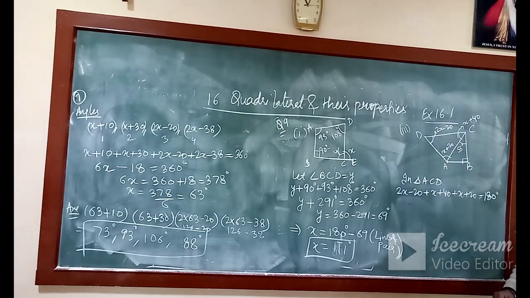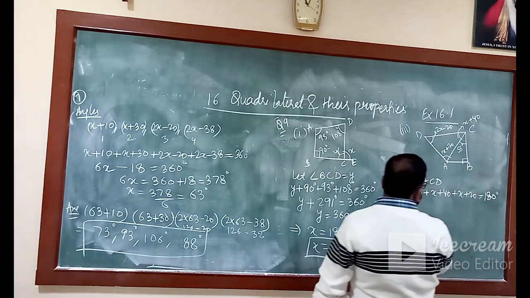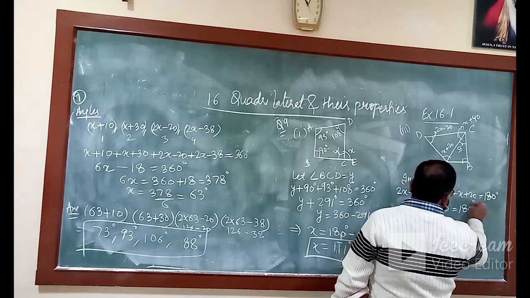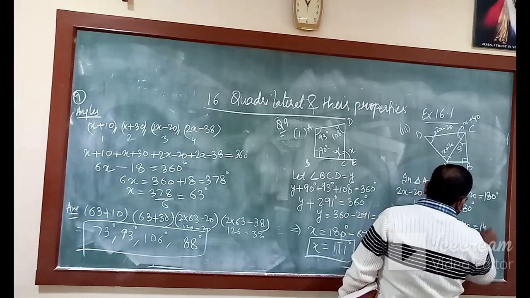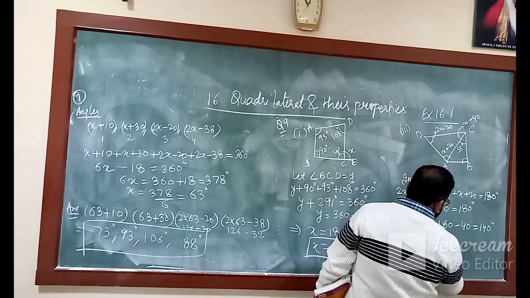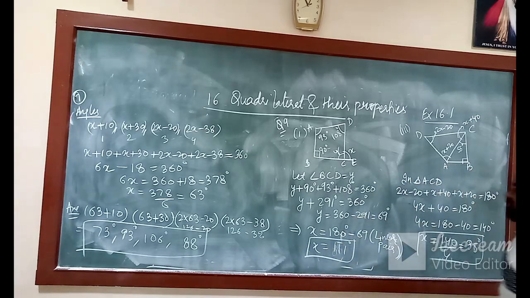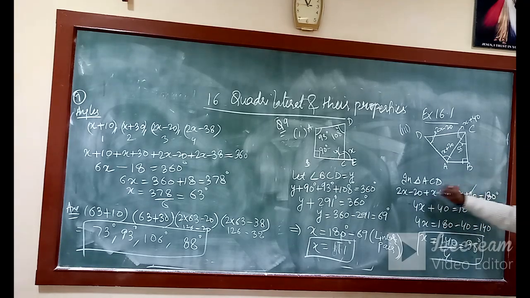And we know angle sum property of a triangle is sum of all the three angles equal to 180 degree. So from here you will get 4x plus 40 equal to 180 degree. So what is 4x? 180 minus 40, that is 140 degree. So x will be 140 upon 4, that is 35 degree. Here minus 20 plus 20 will cancel. Then 2x plus x plus x is 4x, plus 40 will come here. So it becomes a simple linear equation. We get x equal to 35.